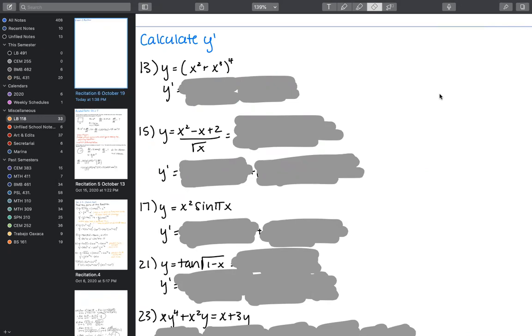I thought it would be better to prioritize those problems. It's been brought to my attention that Dr. Zalecki will also be posting the answers to the true-false as well as the rest of the problems. But the true-false are a little bit easier to fill in the blanks on. If you have any specific questions about those, feel free to reach out to me, but I will not be addressing the true-falses directly since Dr. Zalecki will be releasing the answers to those. So we'll start with the differentiation problems.